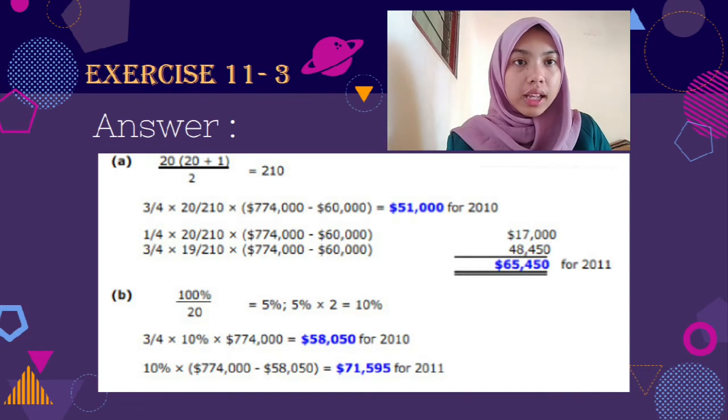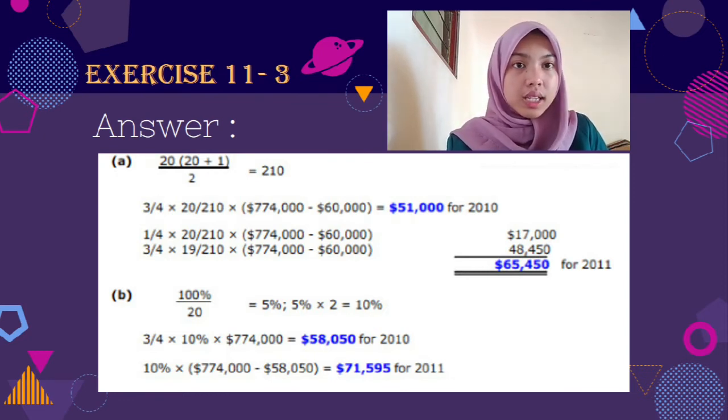Then 3 divided by 4 multiplied by 20 divided by 210 multiplied by $774,000 minus $60,000 is $51,000 for 2015. Then for 2016 is 1 divided by 4 multiplied by 20 divided by 210 multiplied by